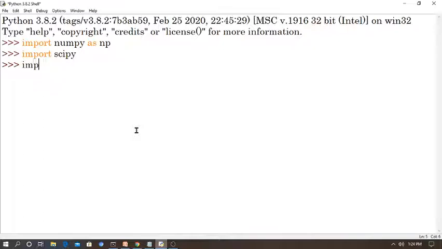That means a successful import. Likewise import matplotlib, and lastly import pandas. The remaining ones I will explain in another session. Today we will see exclusively SciPy. There is no error.